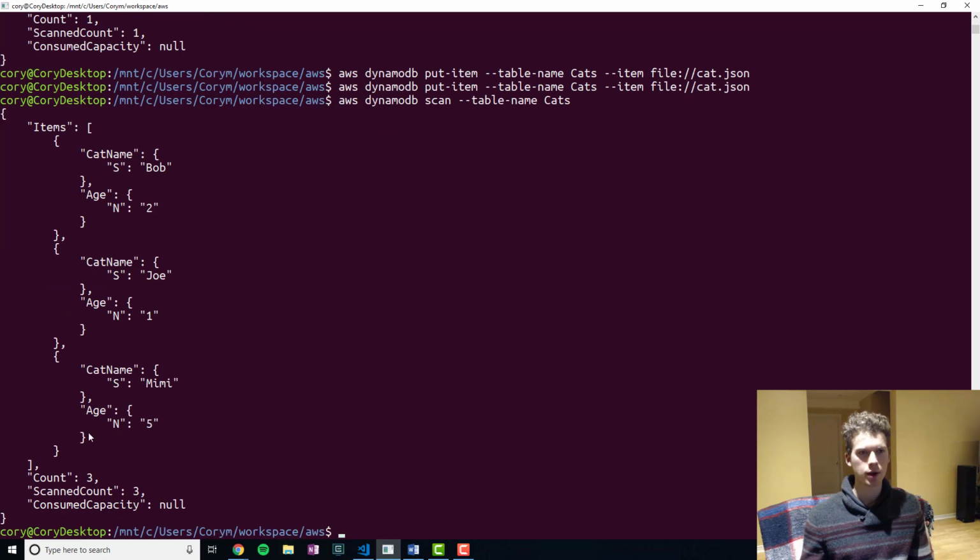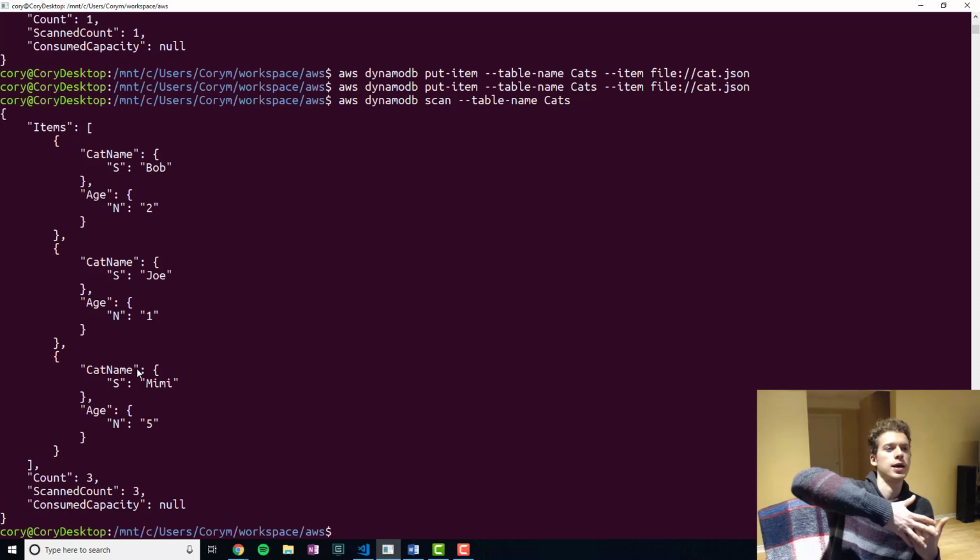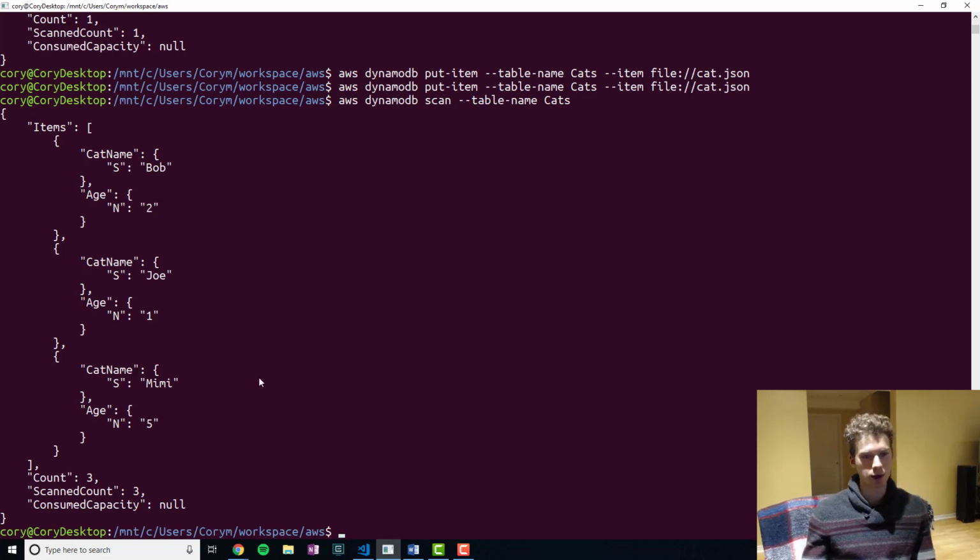Now you can be more specific. If let's say you had a massive database with thousands and thousands of entries, you wouldn't just want to use scan all the time because that might take a while to return the value. Sometimes you'll just want a specific cat or entry, and you can do that using the query command. But before, we will